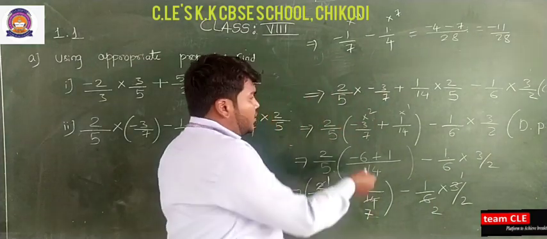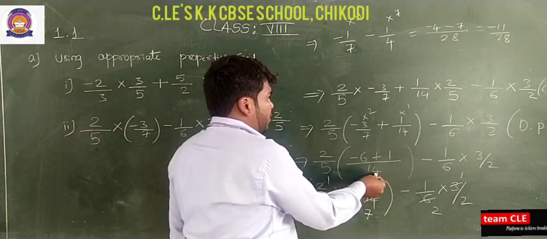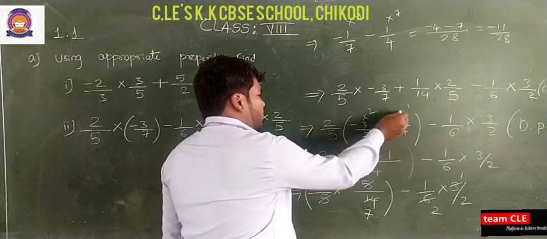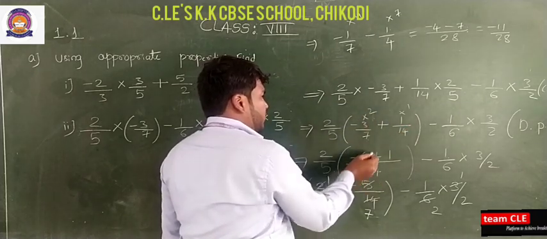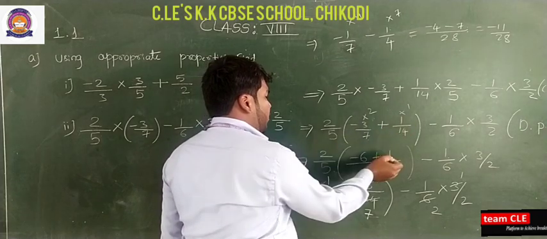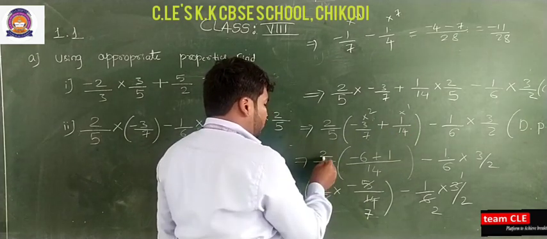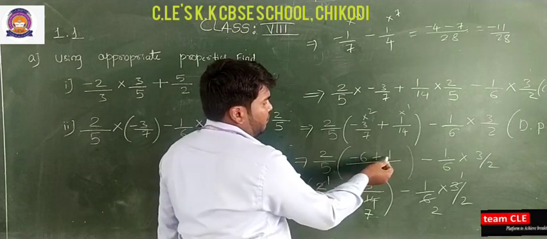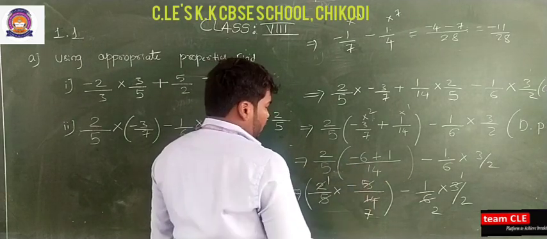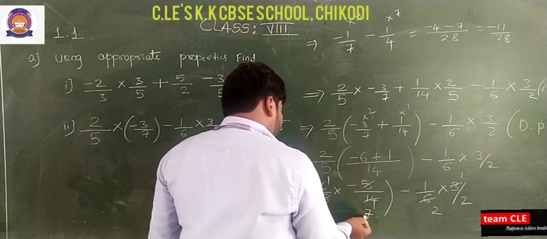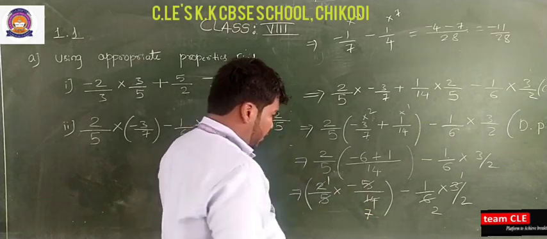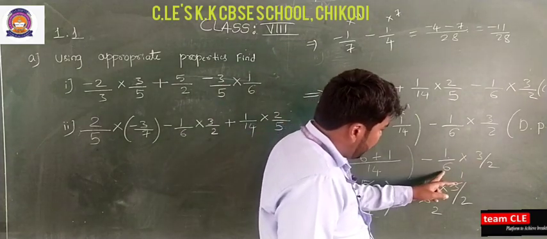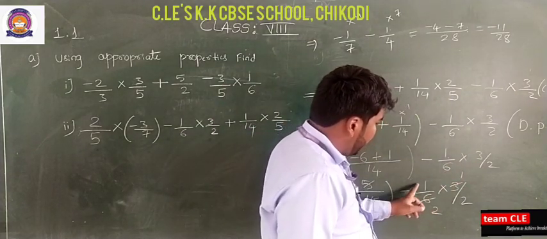Next step, take the LCM of 7 and 14. 14 will be the LCM. Take all in the bracket. So 7 2s are 14, 14 1s are 14, 3 2s are minus 6, plus operation as it is, 1 1s are 1. Okay, so now see 2 by 5 as it is, into, remove this bracket, into minus 6 plus 1 will be minus 5 by 14. 5 gets cancelled, 2 1s are 2, 2 7s are 14. So after solving, minus sign as it is, 3 1s are 3, 2 2s are 4. So again getting this as minus 1 by 4.